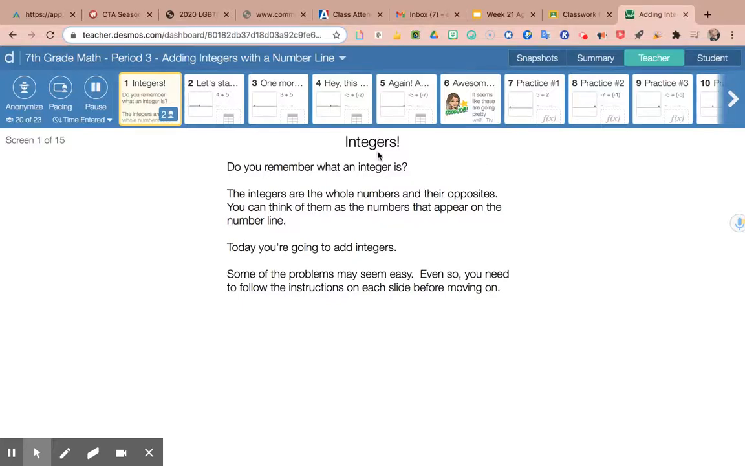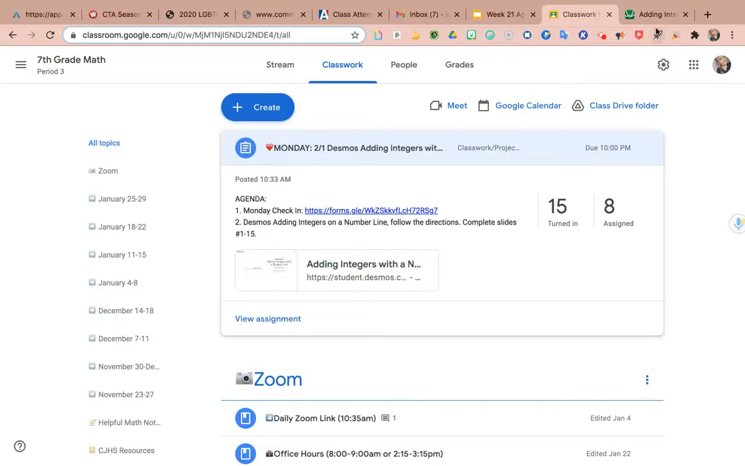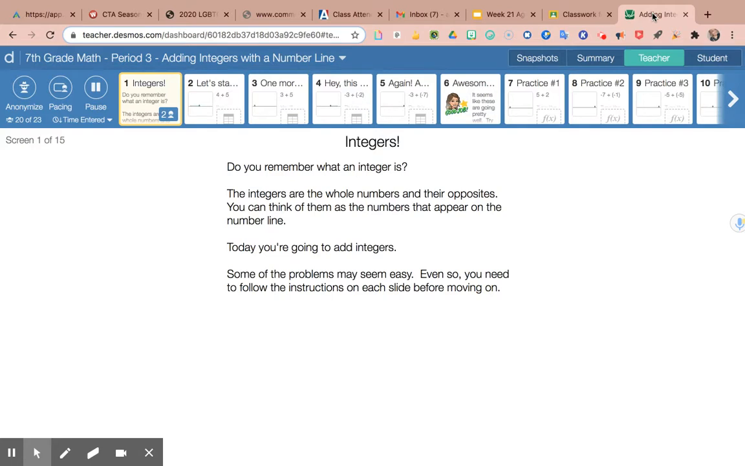Hi guys, happy February. So this is just a quick video on instructions for adding integers with the number line, the Desmos. So the first slide, once you click on the Desmos link, after you put your name, the first